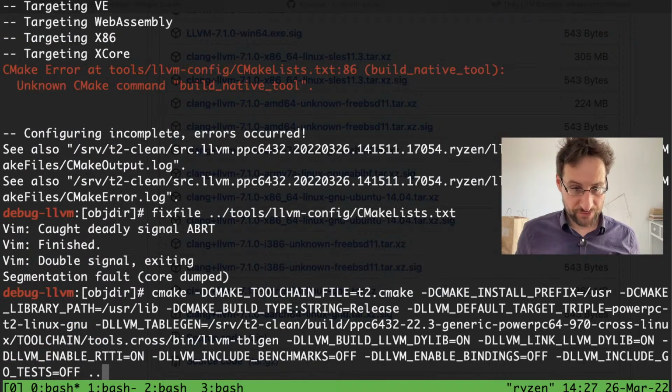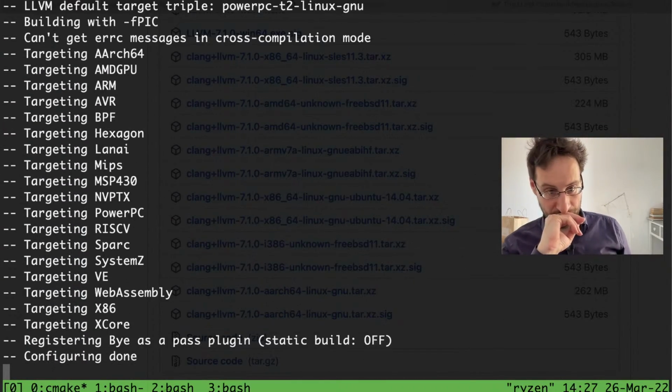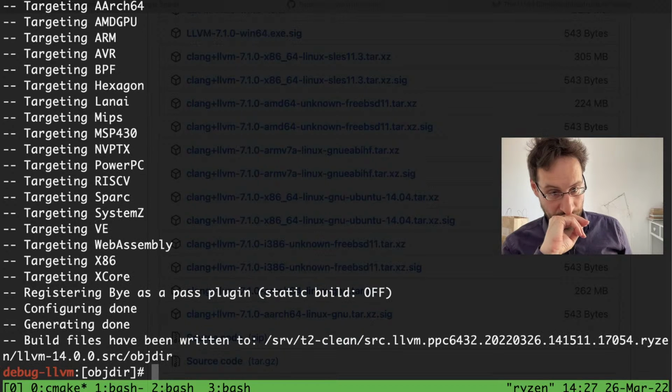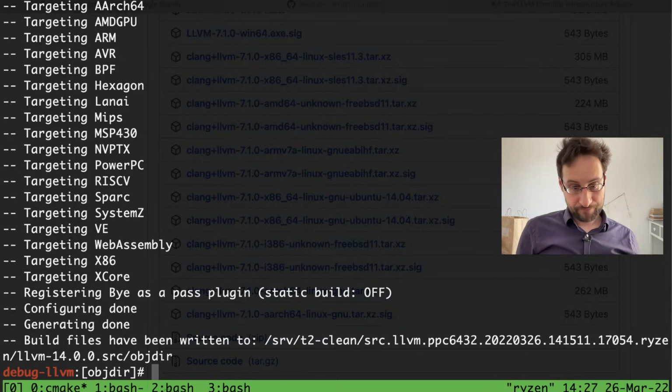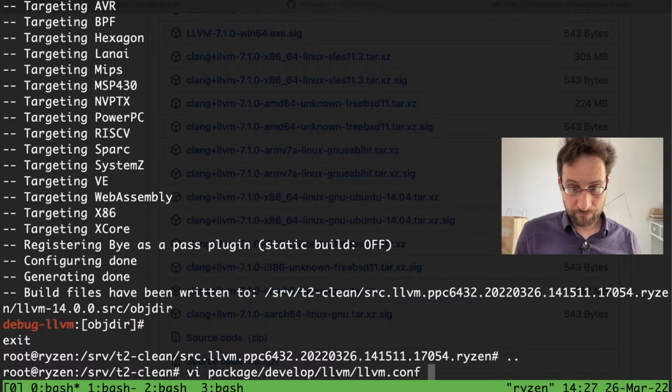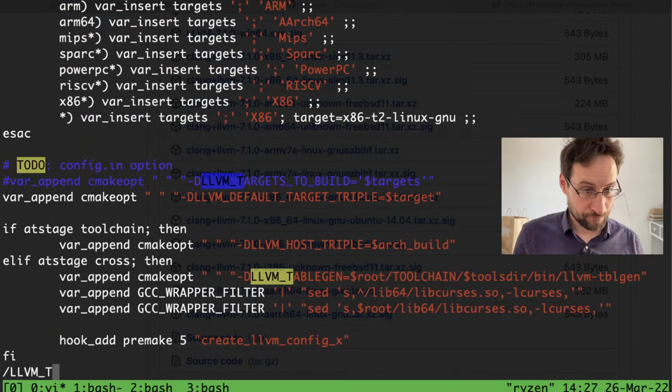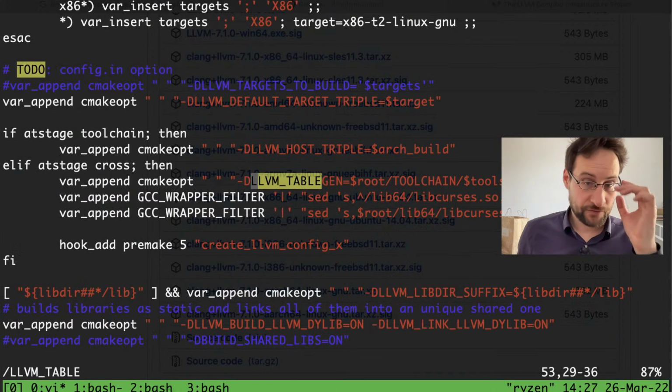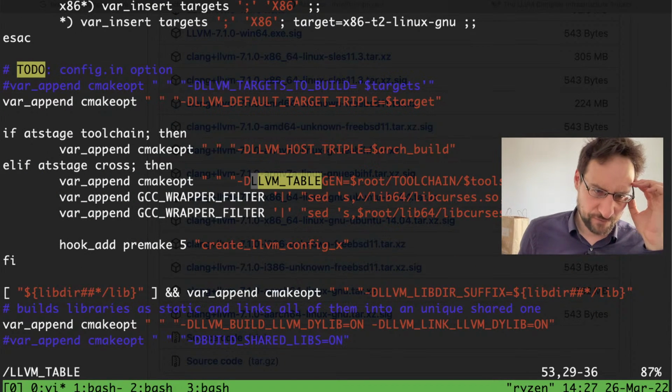Let's revert this for a second. I just want to see if that configures much more stuff. Okay, that configures. Then let's add LLVM config to there. I have the feeling this table gen doesn't work then though.